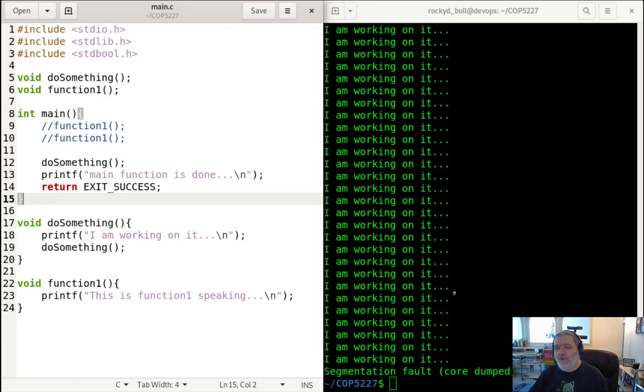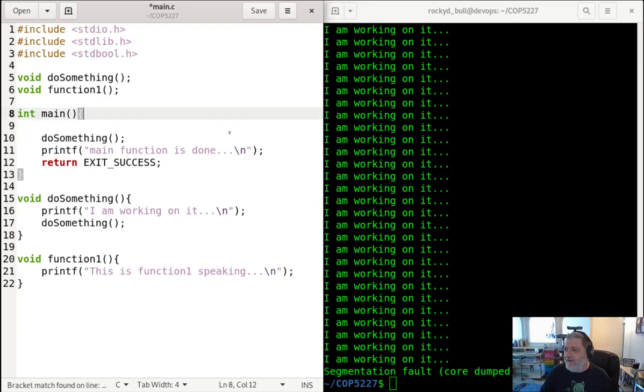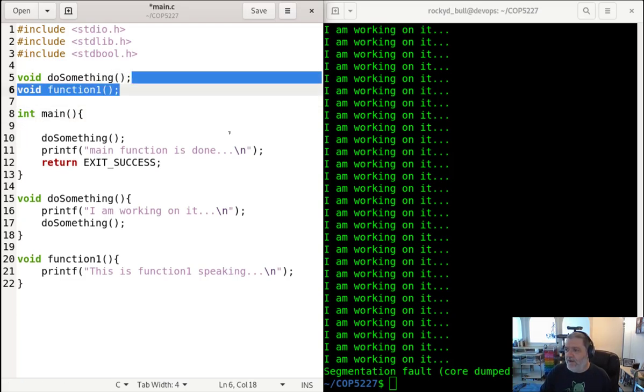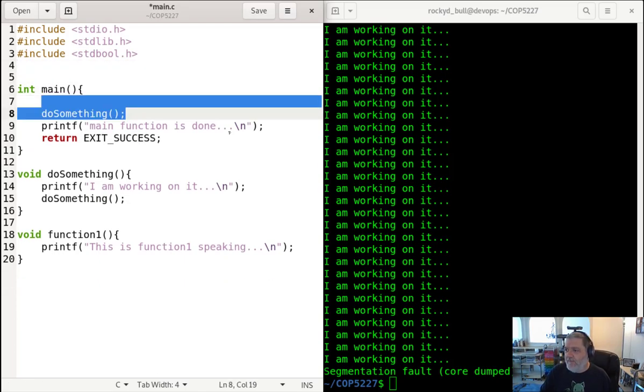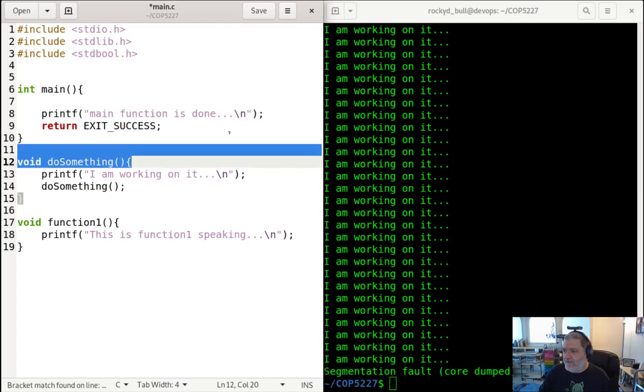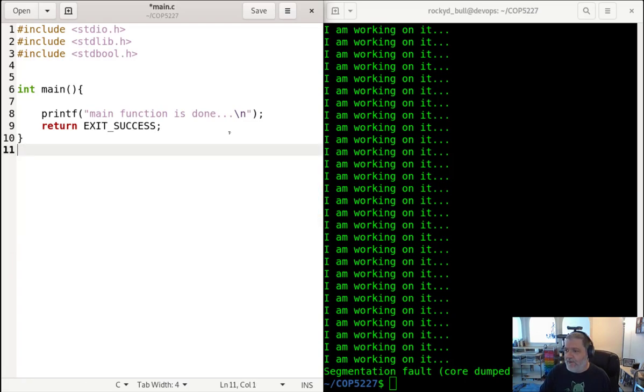Now we're going to look at more practical examples. So I'm going to clean up my code a little bit here. I don't need function one or do something anymore. We are going to call our next function something completely different. Okay. My next function is going to be